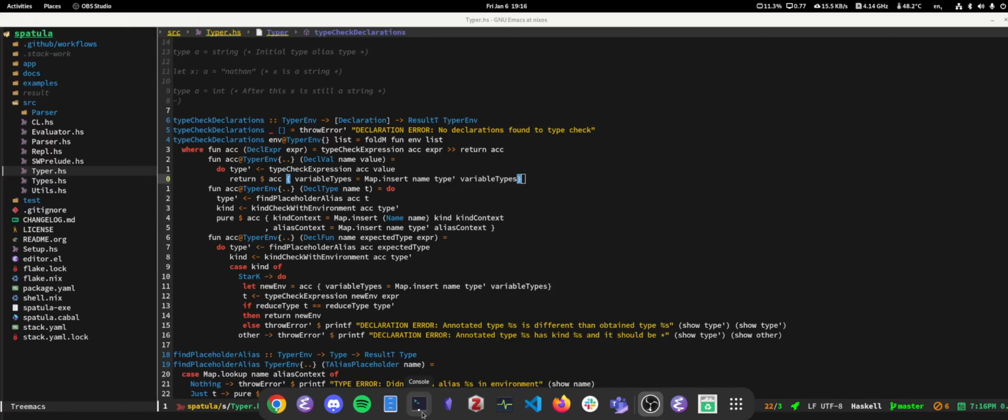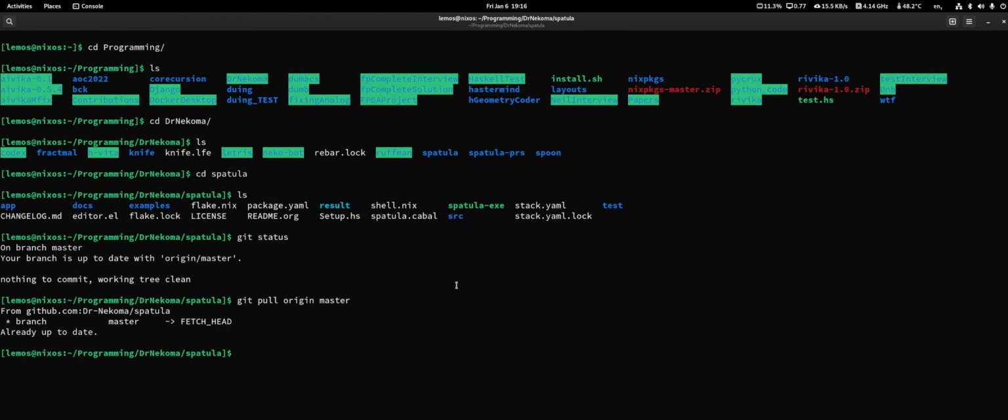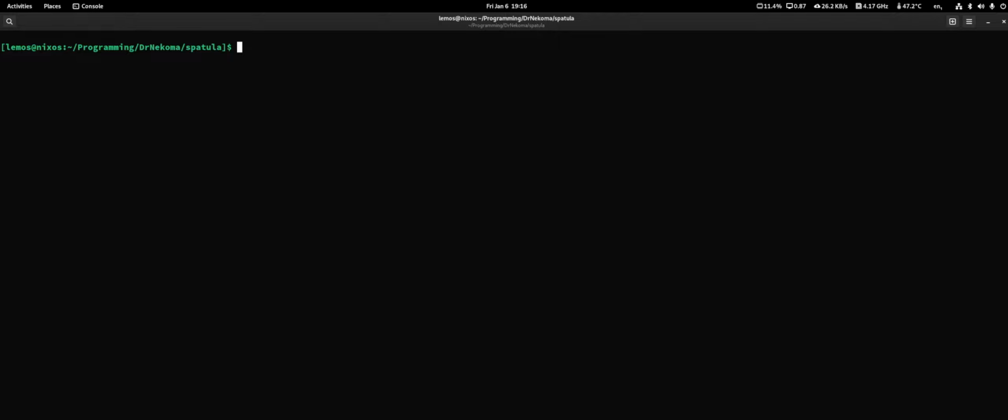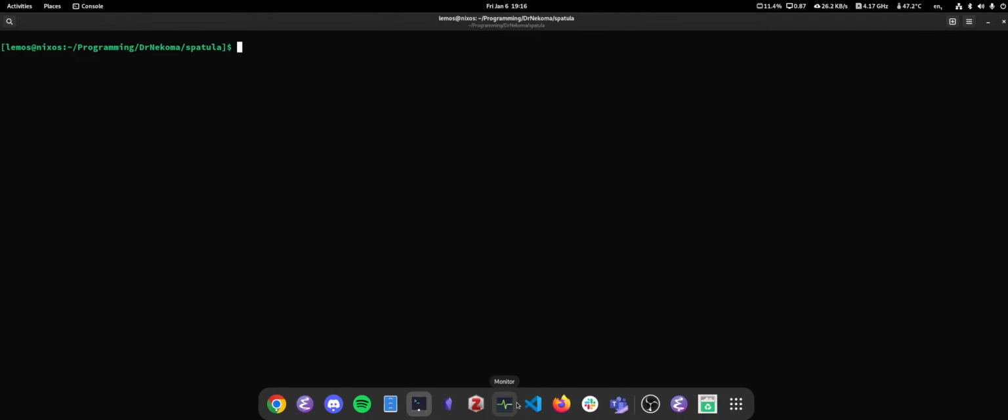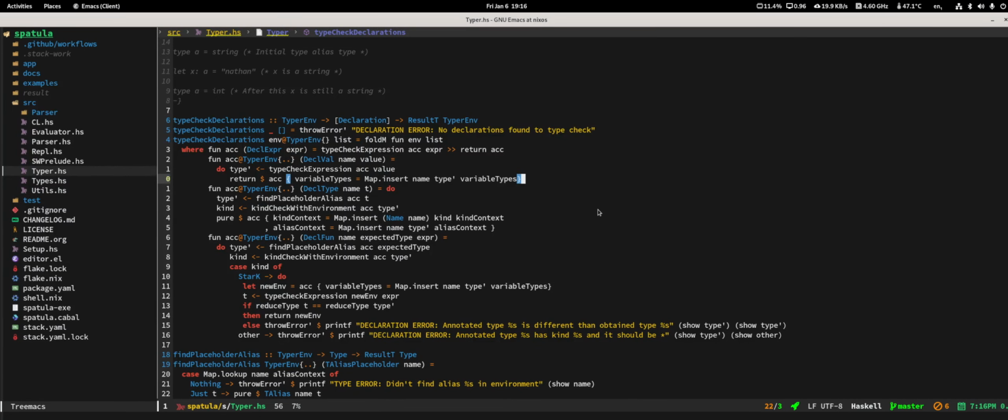So let's explain to the audience what we intend to do. Today we're going to do modules. So what is our approach to do the modules? We basically plan to